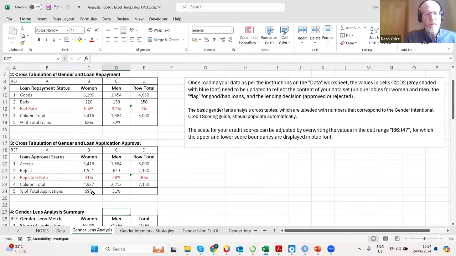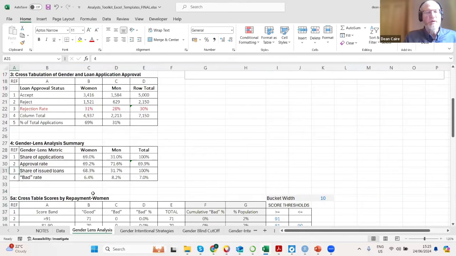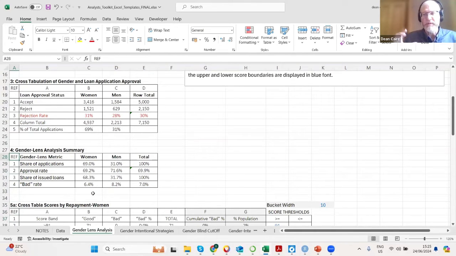So those are the cross tabulations, and then this is just a presentation of the summary of that information. You could obviously see it from these two cross tabulations, 2 and 3, but otherwise, if you just wanted to present in a meeting or to management, I think these are the key metrics you get from a gender lens analysis without reference to the credit score. It's just to know what share of loan applications come from men and women, what's the approval rate by men and women, what's the share of the issued loans, so they go through to issuance, and then what's the bad rate, and particularly the bad rate that's going to inform the next